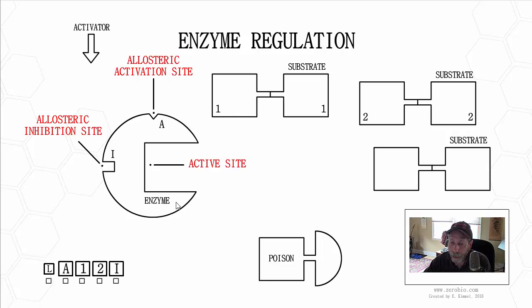On the enzyme, there may be other sites as well in addition to the active site. One is called the allosteric activation site, and that's a site where an additional molecule, an activator molecule, like I've illustrated here, such as a vitamin or a coenzyme, might fit and do something. We'll talk about that in a bit. And then there's an allosteric inhibition site. So both of these are called allosteric sites. In other words, these are sites other than the active site that can influence the enzyme's activity and regulate it. This one inhibits the enzyme when a molecule fits into here,